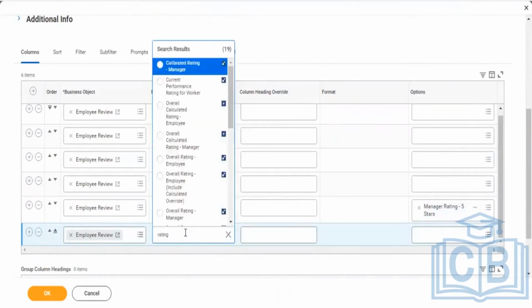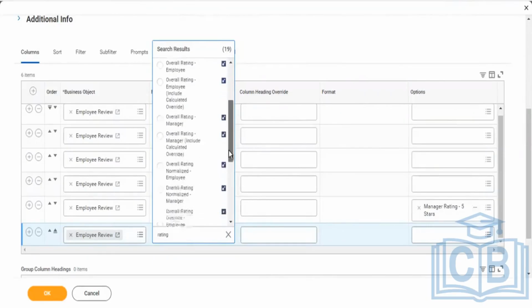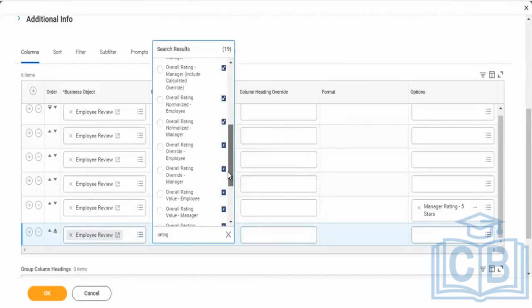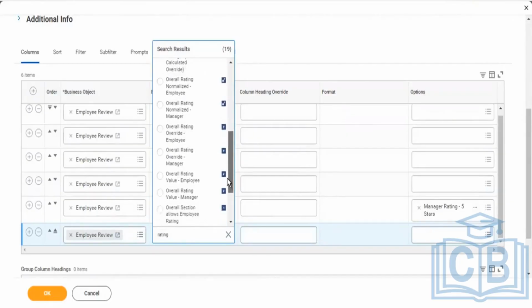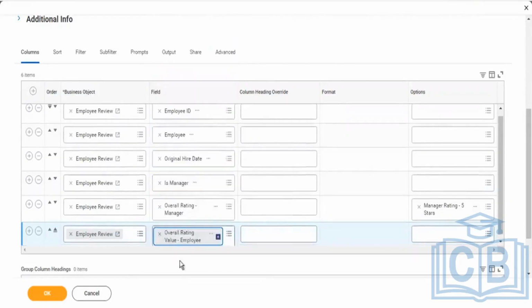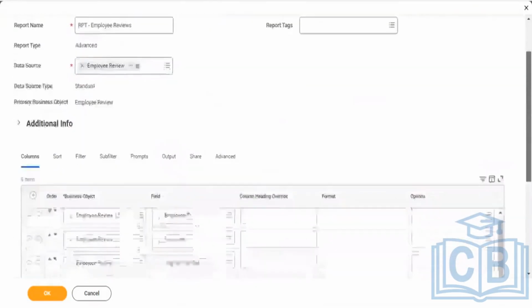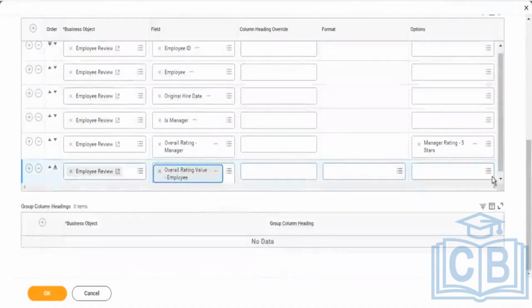The same report can be created with the worker business object also, but you need to create multiple calculated fields in order to get these values into worker. The other way is to choose the relevant data source and relevant business object and go with the same business object. But if you want to use worker, you can, then you need to play around with calculated fields to get these values into the worker business object.